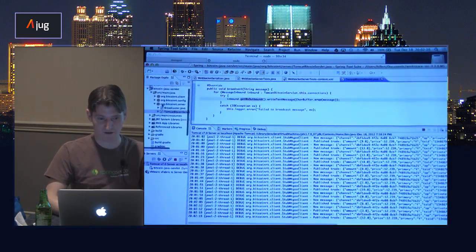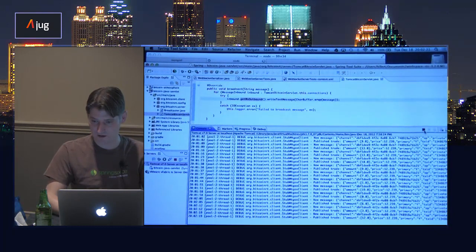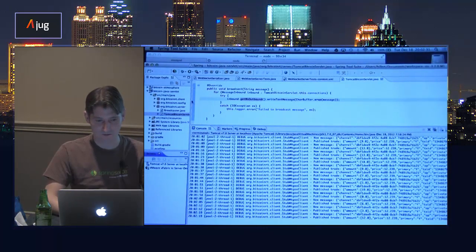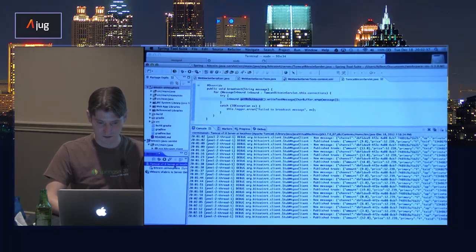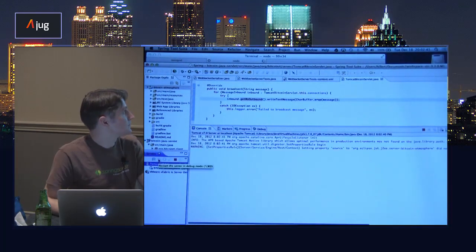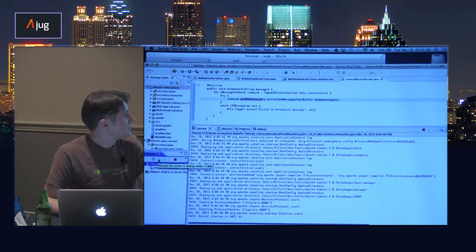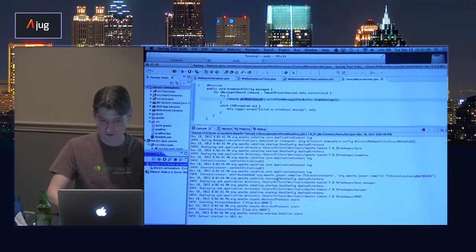I can show you a quick example of Atmosphere right here. Let me close that, remove the application. Then Bitcoin Atmosphere, put that out here, deploy, boot it up, and hopefully nothing bad happens.